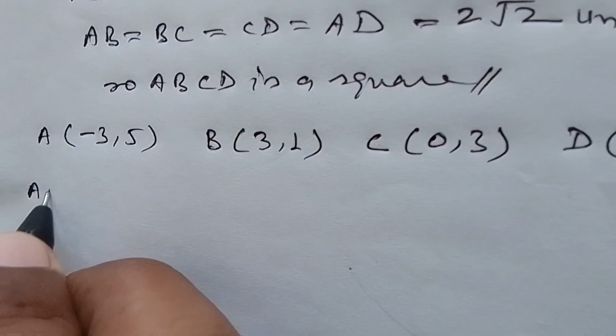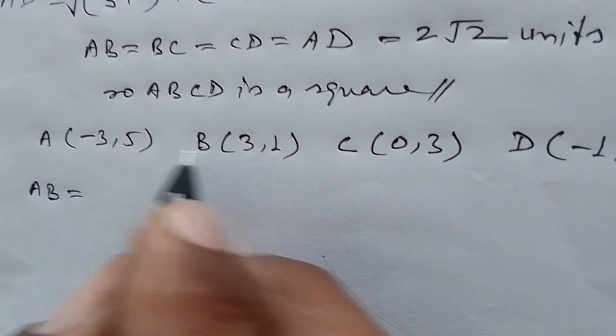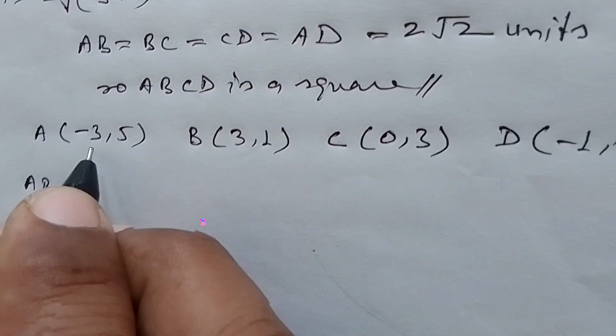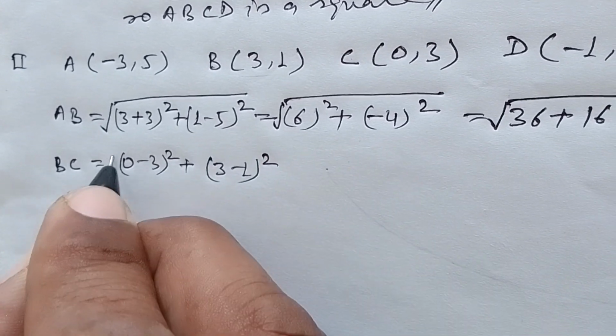So the distance between points AB, that is root of (3 minus 1) square